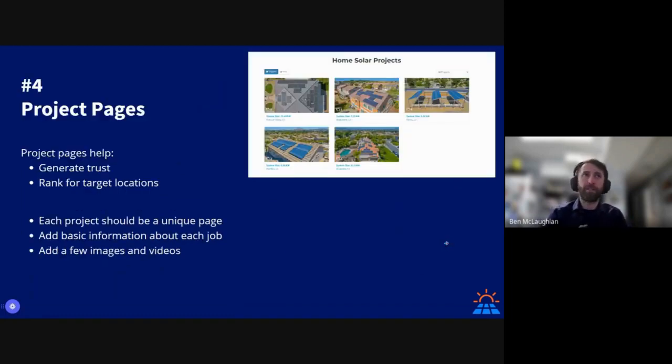So project pages. This is another opportunity to rank in specific locations, but it needs to be done right. These pages help generate trust, and they rank for target locations because you're talking about projects in a very specific area. Each project should have a unique page. So that means if I click one of these images or the text here, it's going to take me to